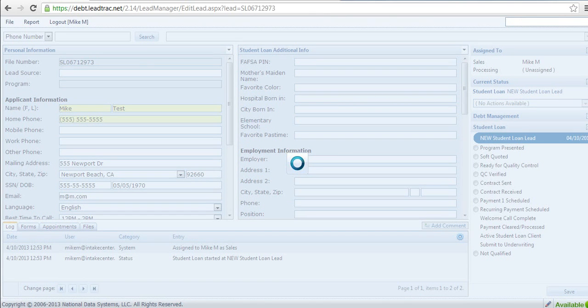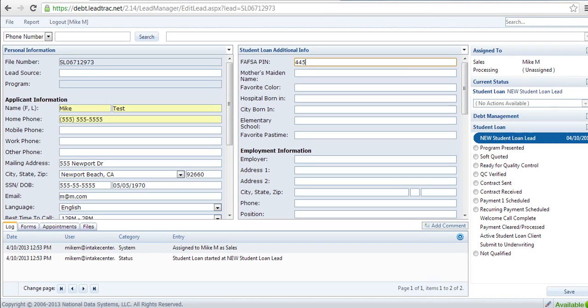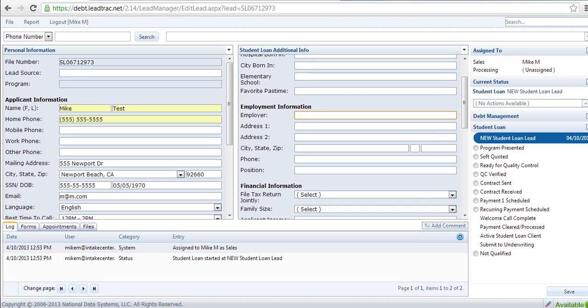You will go ahead and place the FAFSA PIN, which is always a 4-digit. And for security reasons, we need some security questions like mother's maiden name, favorite color, hospital born in, city born in, elementary school, and favorite pastime. Then we need the employer's information, the address, city, state, zip, phone number, position,